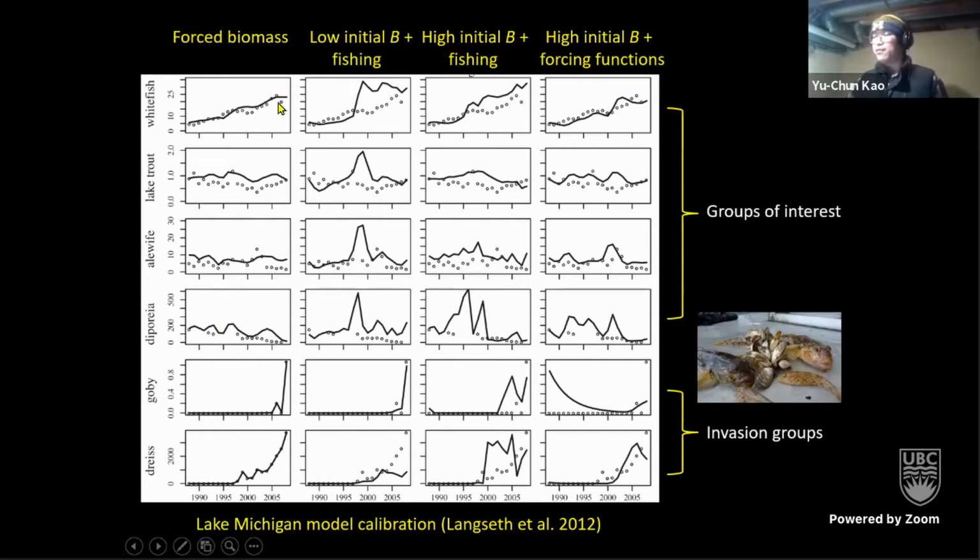So these are several groups of interest. And you can see this is a figure directly exported from Ecosim. So forced biomass works okay. Low initial biomass, got some problem. The biomass did not really increase as observed. So this is a problem we experienced frequently. And you can still see some, that's probably changing nutrient load or something. I didn't really look into these models, but they consider this is still generally good fit.